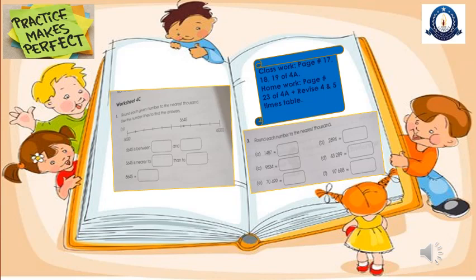Look at the next page 18. You will do in same way. And look at the page number 19. Question number 3. Round each number to nearest 1000. Look at part A. 1487. 1 is on the place of 1000. 4 belongs to same family. So 1 will remain same and in place of last 3 digits 30 will come. So what will be the answer? 1000.